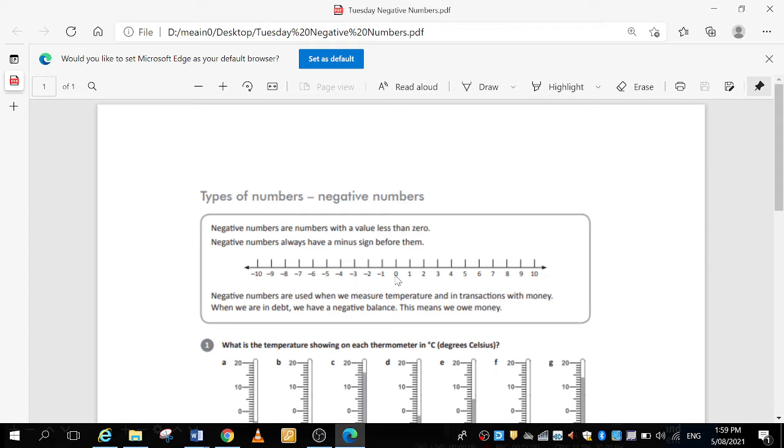So when would we use negative numbers? Okay, so when it gets really cold, so like in winter in Australia, we can go into the negative numbers, meaning it's below 0 degrees. Okay, so we use them to measure temperature and sometimes too with our money. If people don't have enough money in their bank account, they can have negative numbers, meaning they owe the bank that much money because they didn't have it in their account. Okay,